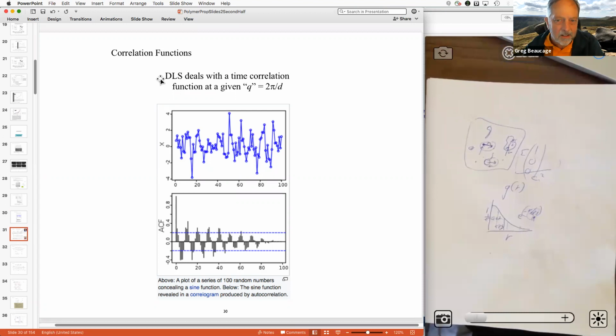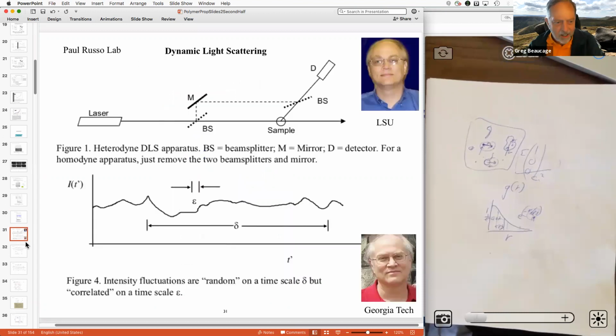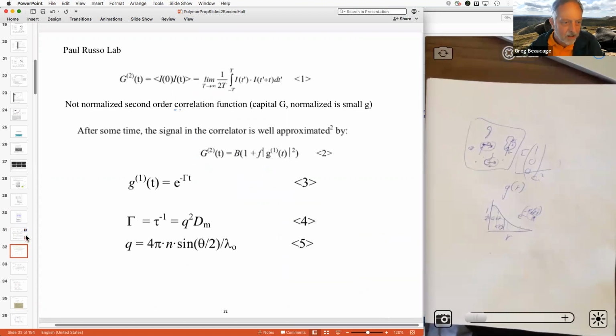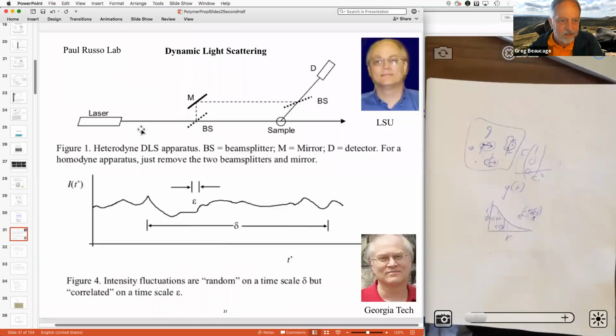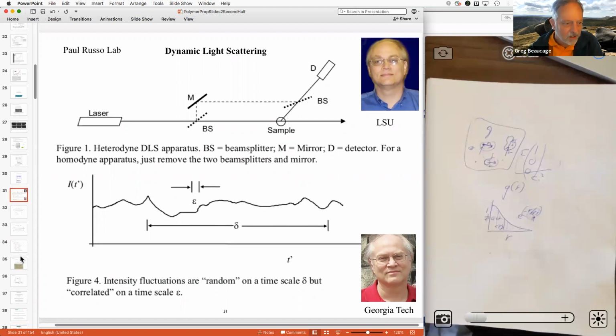Anyway, so what does that have to do with dynamic light scattering? Well, in dynamic light scattering, you're going to take a laser and shoot it at a sample, and then you're going to see a speckle pattern come out of this, which I have somewhere here. So on slide 31,